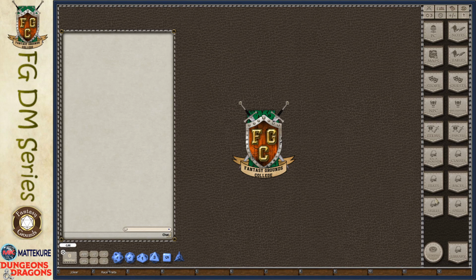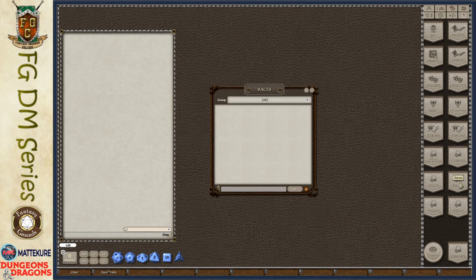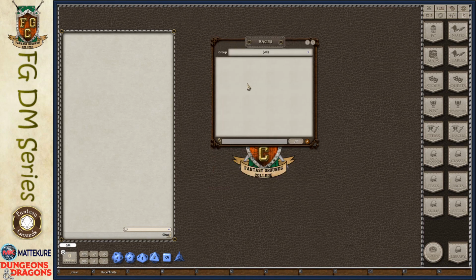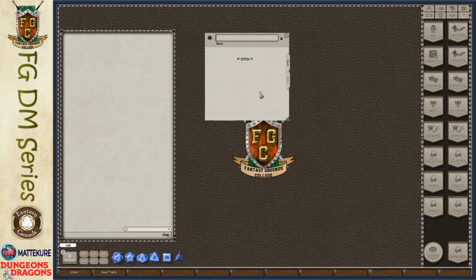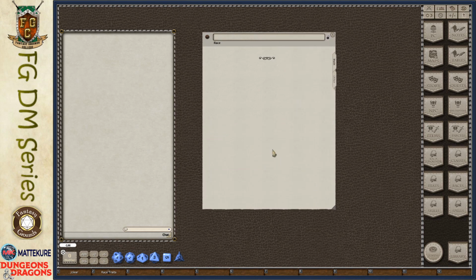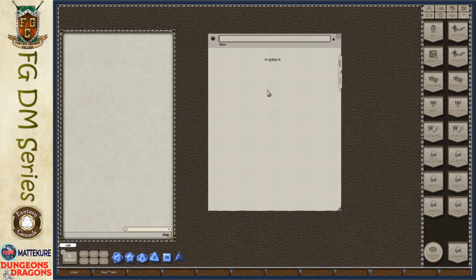Now, to add a race, we're going to start off like all of the others here at the race banner. So let's take a look at the structure of a race entry. On the surface, it looks relatively simple, but this front page, if you watched my previous video on backgrounds, you'll notice has the same structure. It has a main tab and an other tab. This main tab will just have descriptive elements. All of the magic, all of the automation occurs on the other tab. So we'll come back to the main tab to add in the information in just a bit.